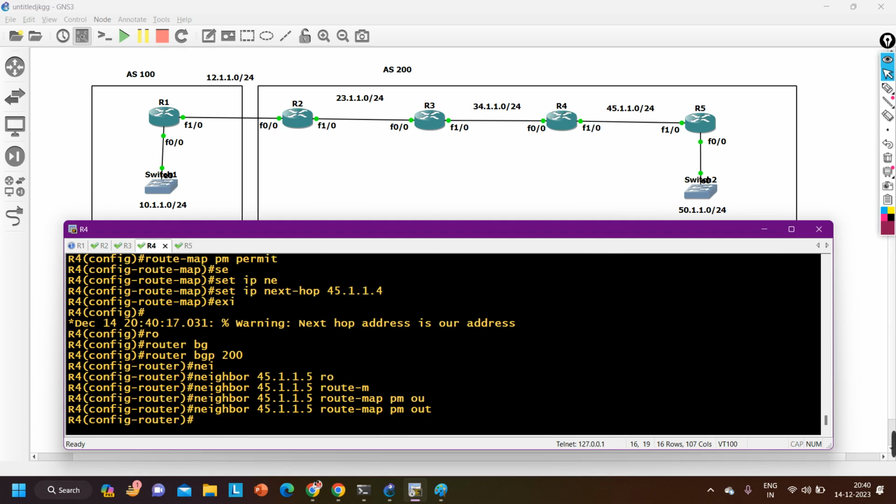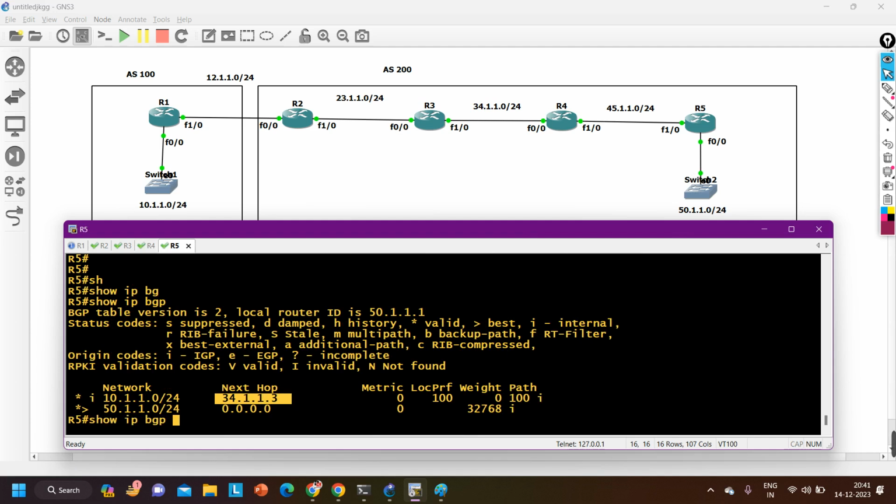Now whenever router 4 advertises any prefix to this neighbor, it will call route map PM in the out direction, and in route map PM we have set the next hop IP address 45.1.1.4. That means for all prefixes the next hop will be 45.1.1.4,